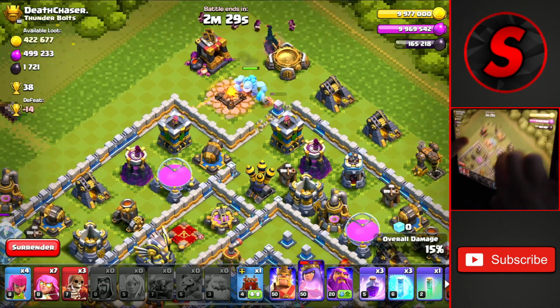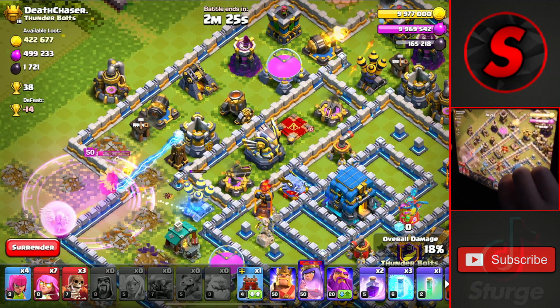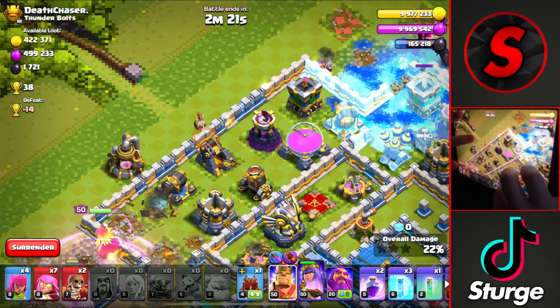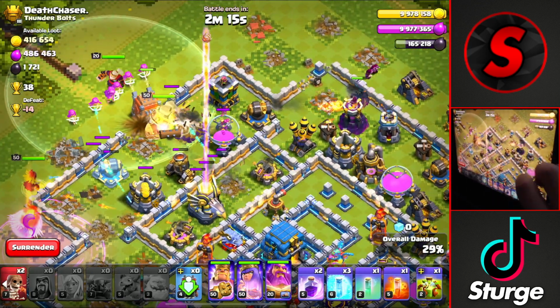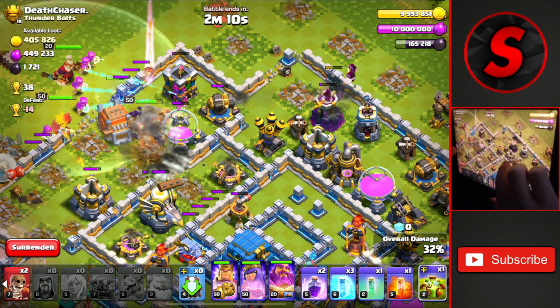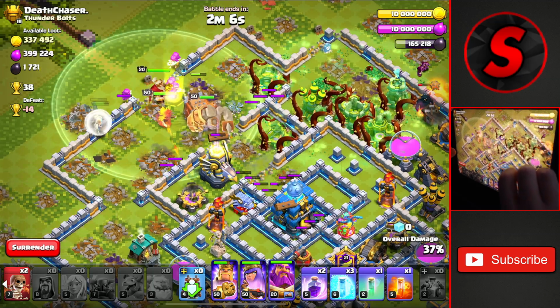and then the Wizards. The Queen's going to have to use a Rage here to get her back up to full health, and then we'll drop a Wall Breaker for the King, the Log Launcher, and the Super Archers and the Warden to head into the middle of the base here. We'll wait for that P.E.K.K.A to take down the Wizard Tower before dropping the Overgrowth spell to allow for everything to move into the middle